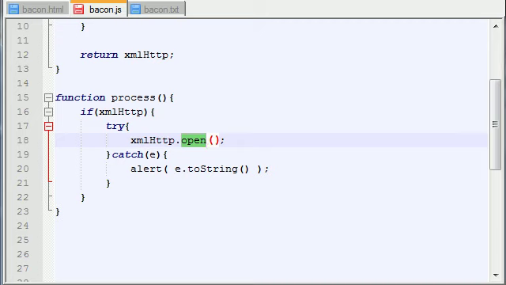It only configures your connection settings. So it sets up how you're going to send the data to the server, where you're going to send it, and some other settings too. But basically, remember that whenever you call this function, it doesn't connect with the server. It sets up the connection that you're going to have. So let's go ahead and talk about that right now. The first parameter is basically, well, let me just type all this. Get